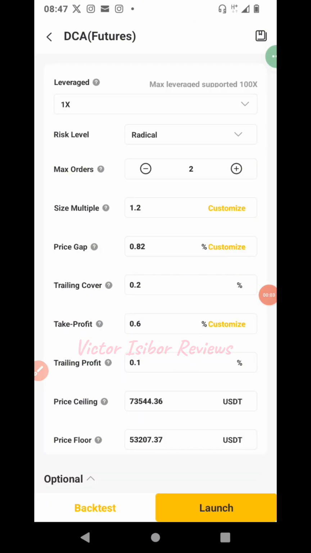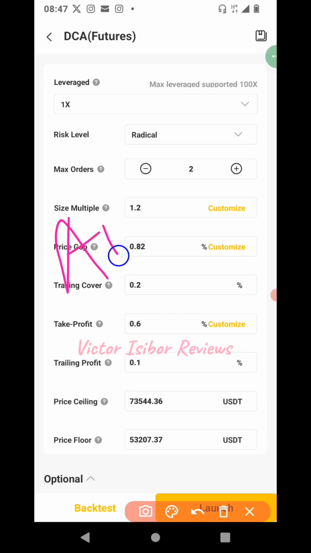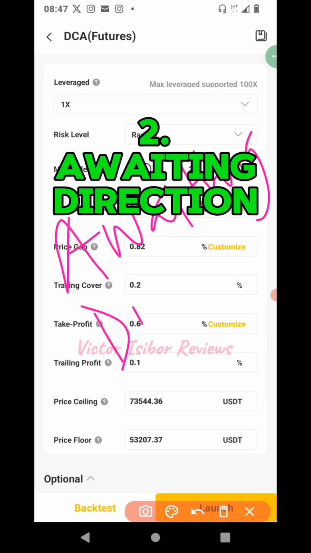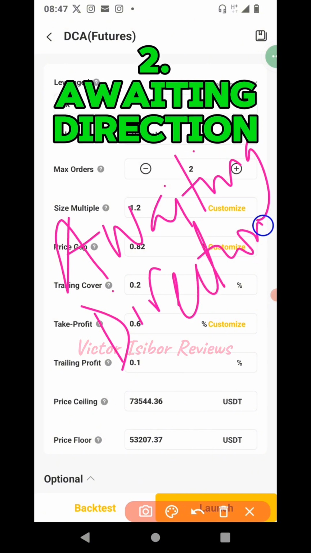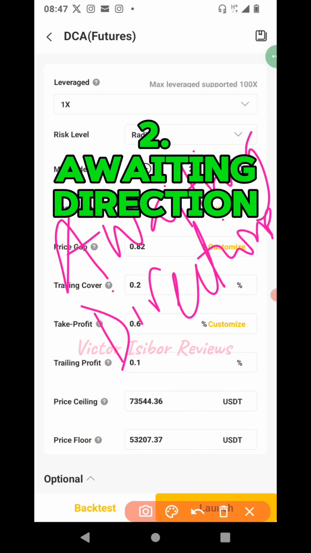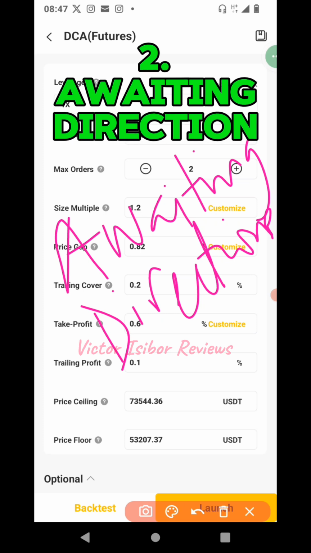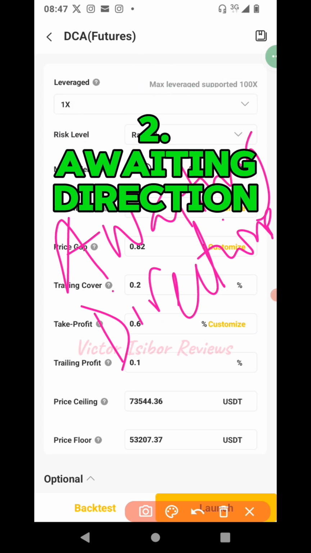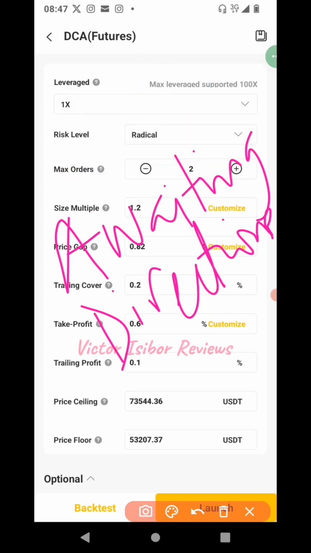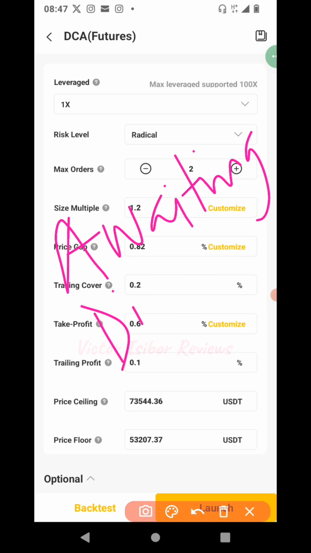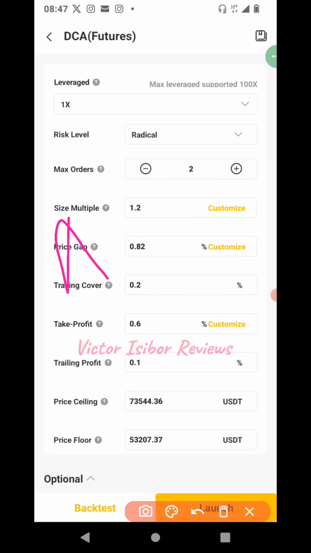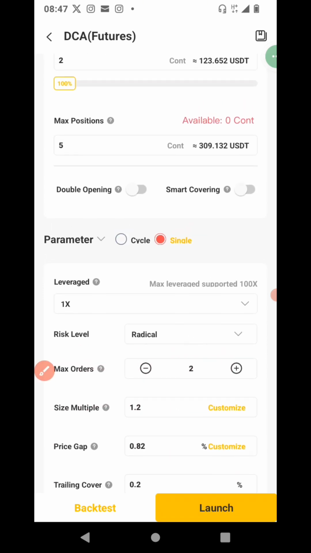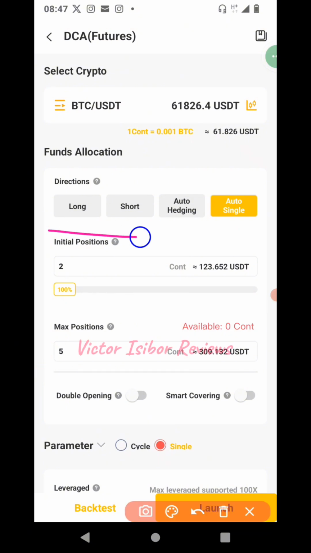Okay, so the next one we want to talk about now is awaiting directions. Awaiting directions. Now, I observe that majority of newbies are always unnecessarily panicky and impatient when it comes to trade. When you set up a trade on Utrading and you see awaiting direction, especially when you have, let me scroll up and show you. When it comes to directions like this,